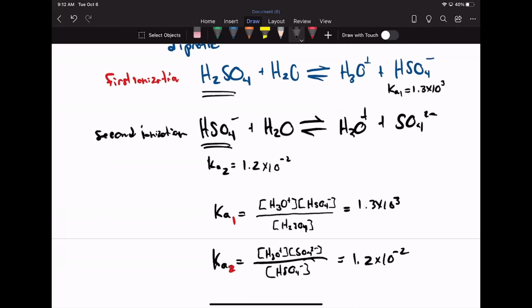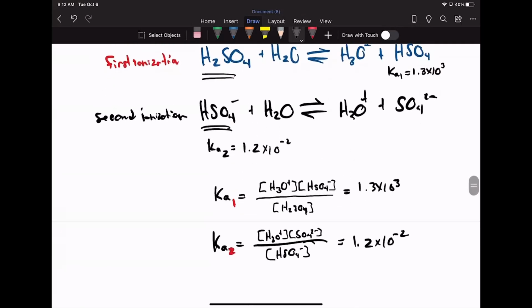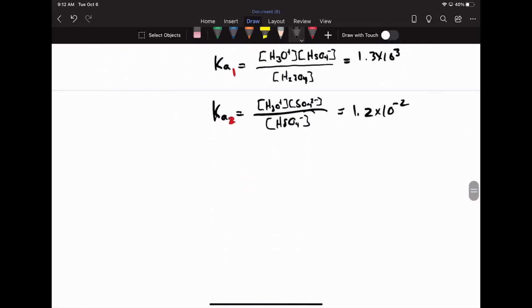All right. So now we have these two different Ka values. If we had 3 hydrogens, we call it triprotic, right? So we have monoprotic, diprotic, triprotic. Just a different amount, but these are all considered polyprotic because they can have a different number of hydrogens there. So if we take a look at a problem, let's say